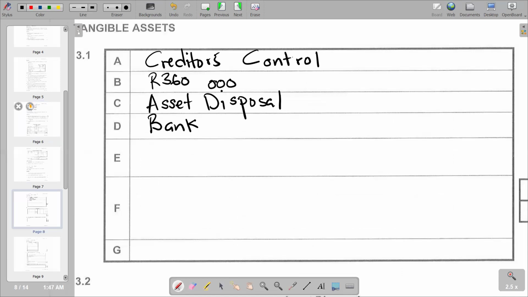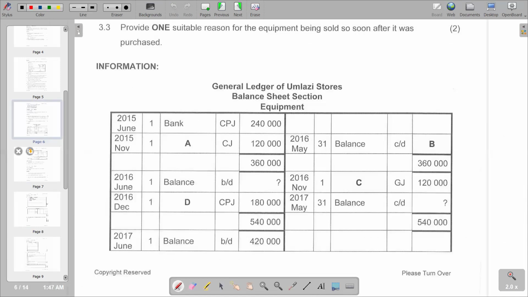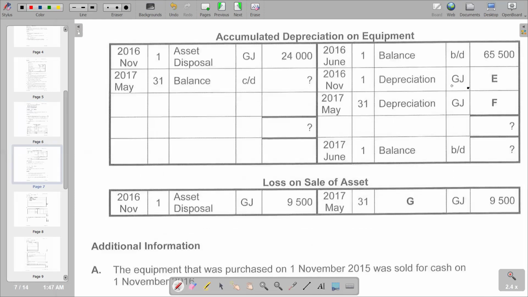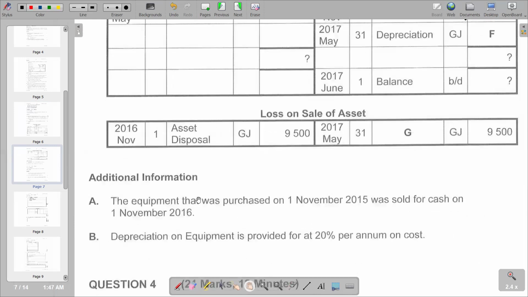Go to E. Our E comes here. We have got our E here, depreciation, on November 1. Very important. Let's take note of the date. Depreciation information. We see information about November 1. We have it here. The equipment that was purchased on 1 November 2015 was sold for cash